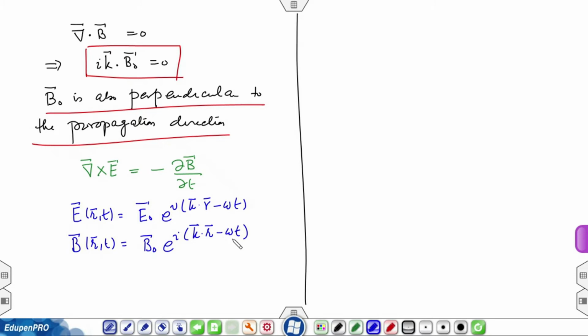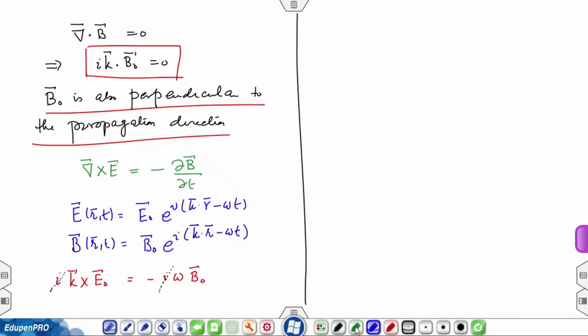So, taking curl basically means that I cross with k. So, i k × E0 e^{i(k·r − ωt)} is common. So, that will cancel from both sides, and on the right hand side I am going to get minus iω B0. I cancels, and I get